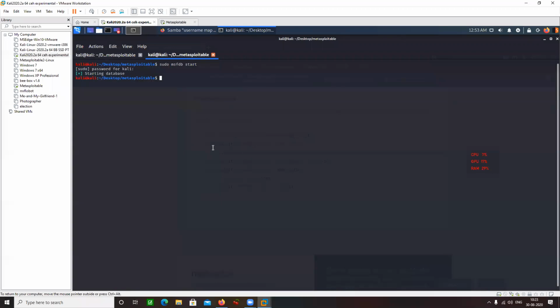You can start the Metasploit framework without starting the database support as well. msfconsole -q. Let's wait for my Metasploit framework to open.